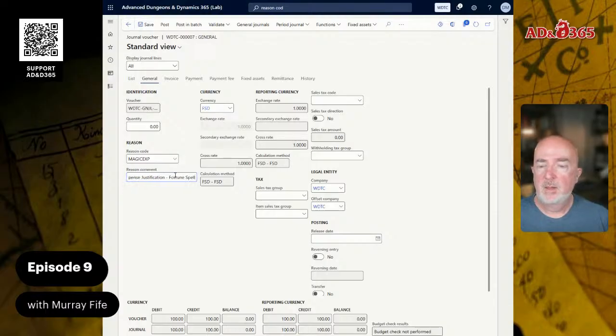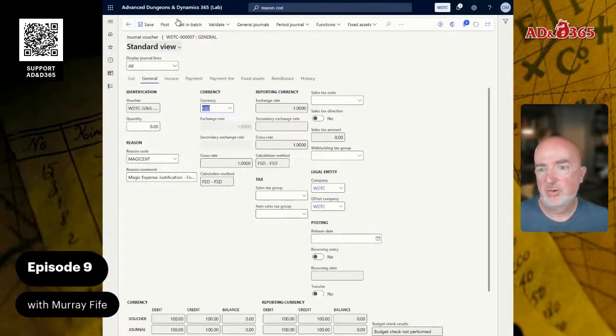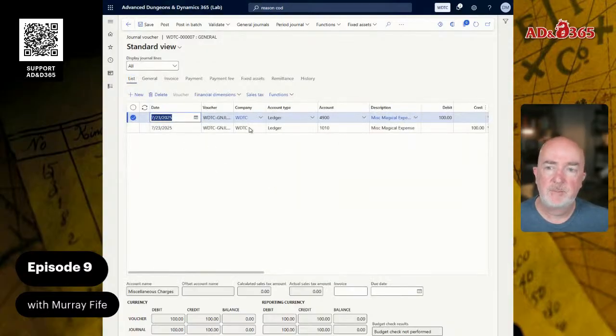What we're doing is adding some reasons and some information. This is a good point to show one of the items. Notice we were inside the journal voucher, and we have all of these other